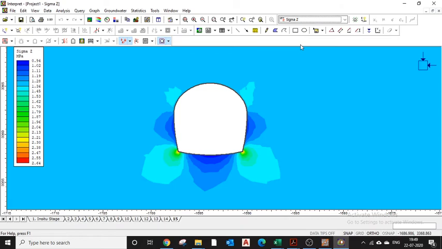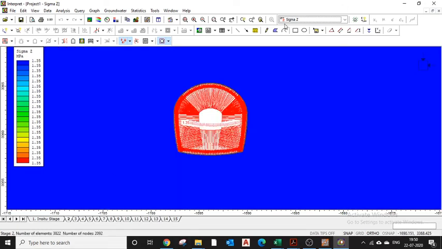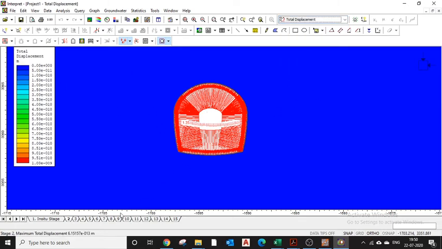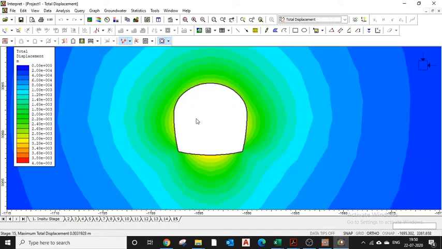Now what is GRC? GRC is a plot between support pressure and displacement. So I will go to displacement. I have here horizontal displacement and vertical displacement, but I will select total displacement. I will go to the last stage of my model.